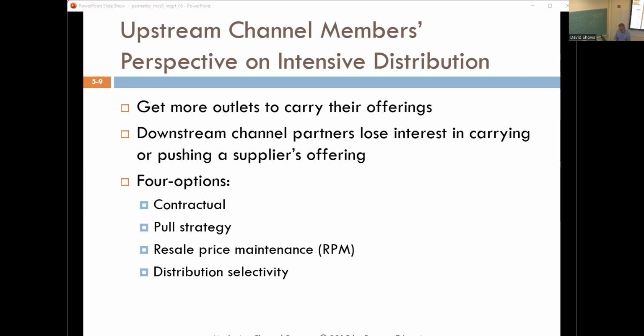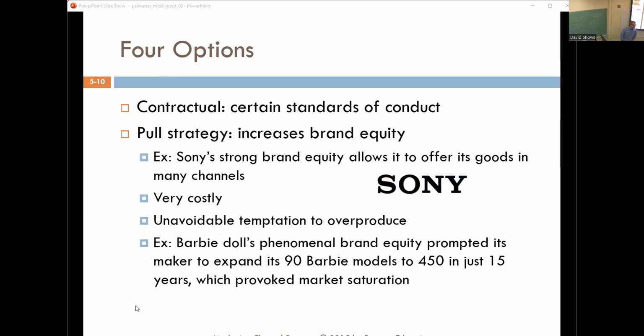And so there are 4 ways that I can manipulate this, and we're going to talk about them one at a time. It's these 4. The first is contractual. The demands to be a distributor require certain standards of conduct. With those things written in, a super organization could not run roughshod over the smaller ones that are going by the law.